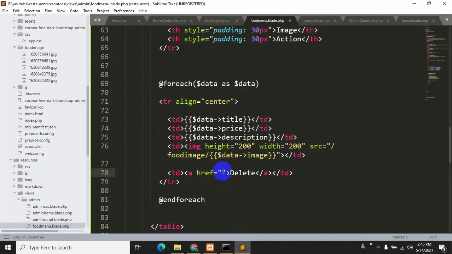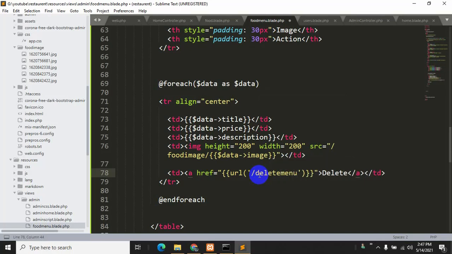So for this we need to mention a route over here, route or URL. So for this we just need to give second bracket, and inside it we'll say URL, then first bracket, then we need to give a single quotation, single quotation, and inside it we need to say a name. Let's say delete menu.